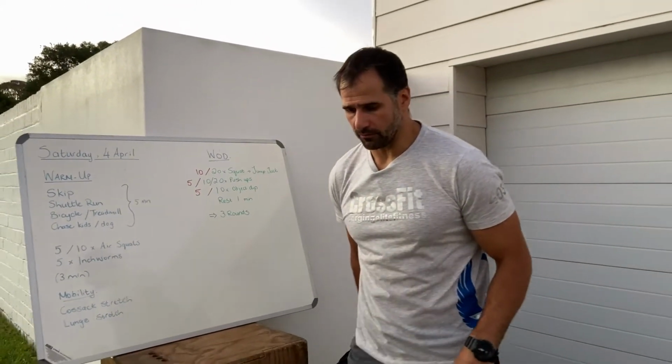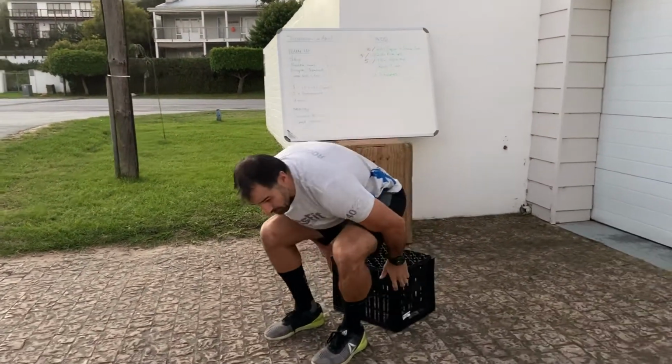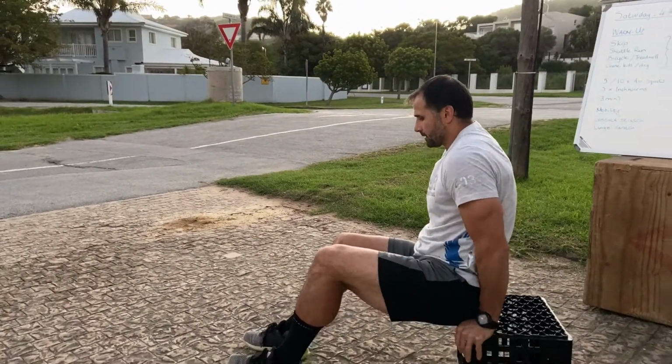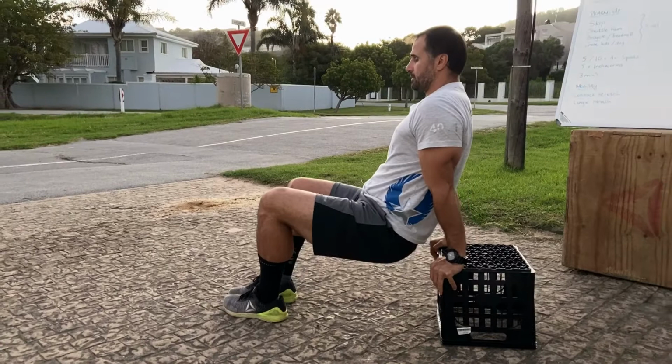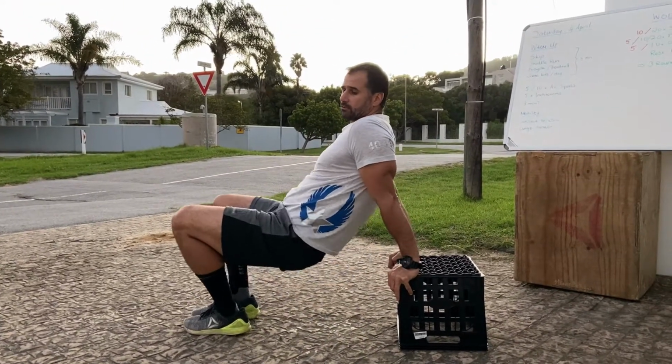And then the last one that we're looking for is an object dip. Right, and the object dip, what we're doing is on the side. You're dipping down, press on the dip, press back up. The thing you need to be careful here is to make sure the hips don't come too far away from